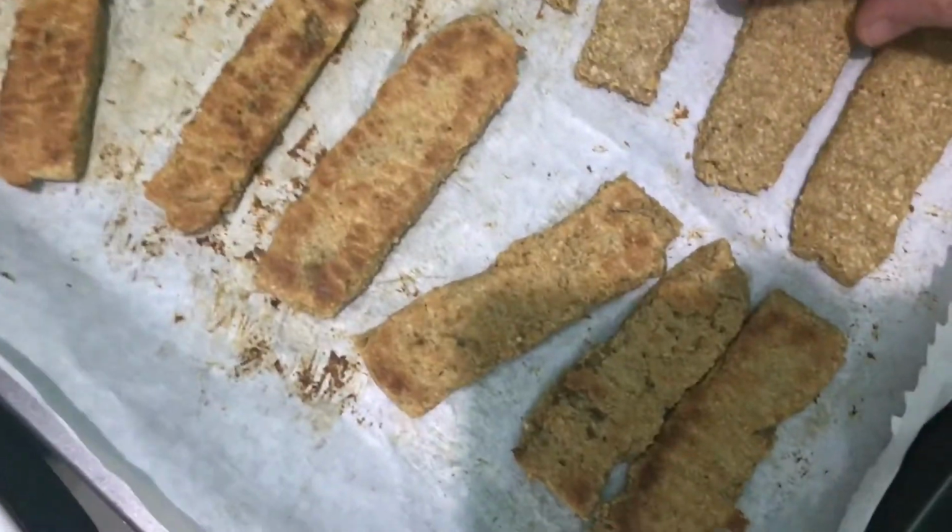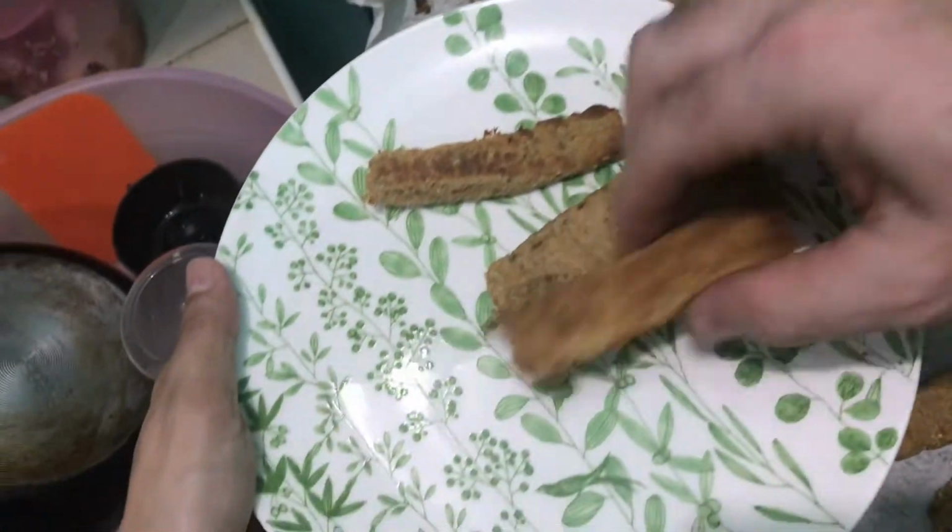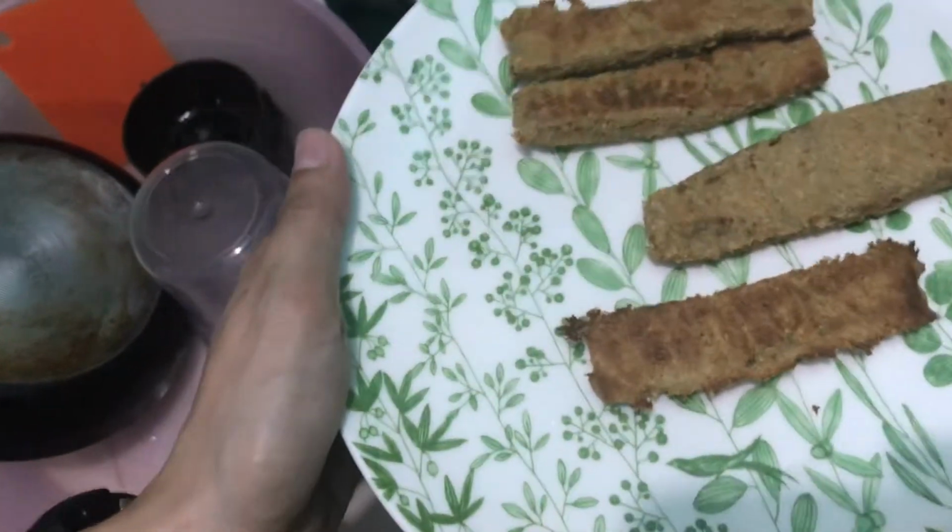Okay guys, let's go check them out. So guys, it's nice. They're not bad. Some of the bottoms came out like fish sticks, a little bit brown, but that's because we put them on the broiler rack instead of the...